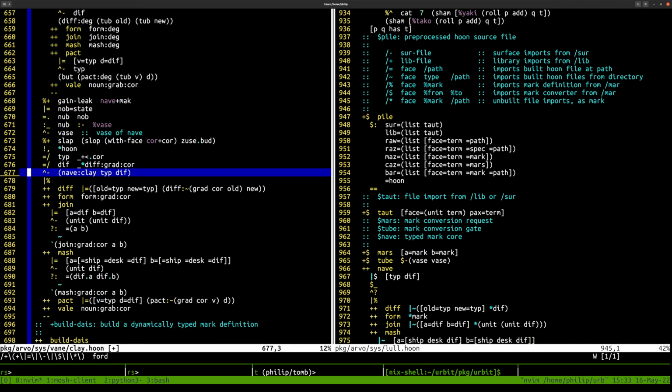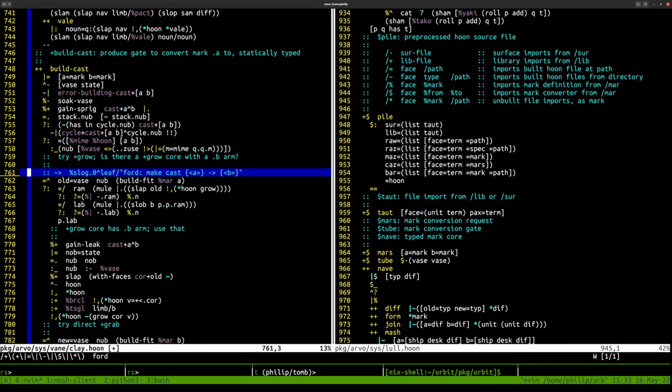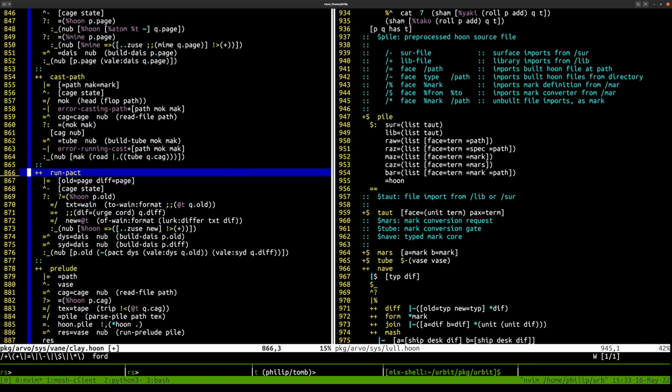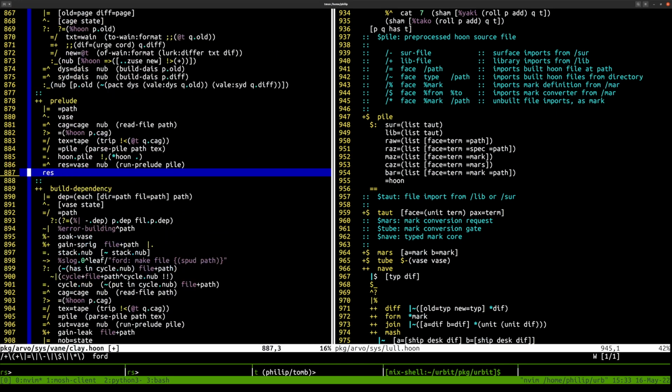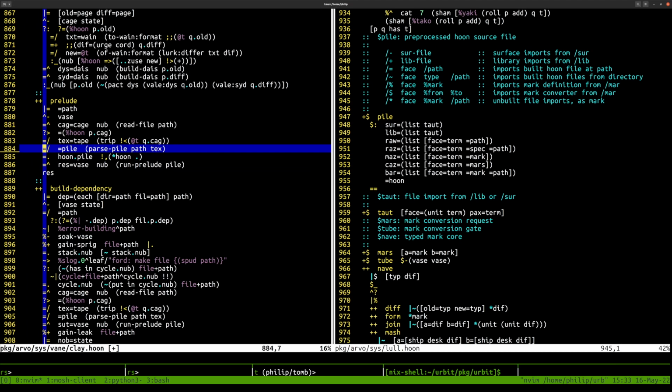Read file, build nave, dias, cast, tube. We covered virtually all this. Prelude is the only thing we haven't covered, which is run parse file, and then run prelude, and that's it. It's the same as build file, except don't do the last step. In fact, build file now, build